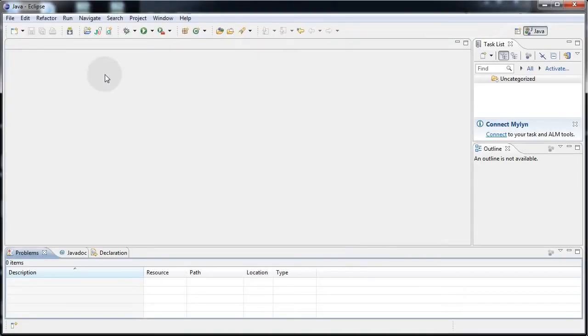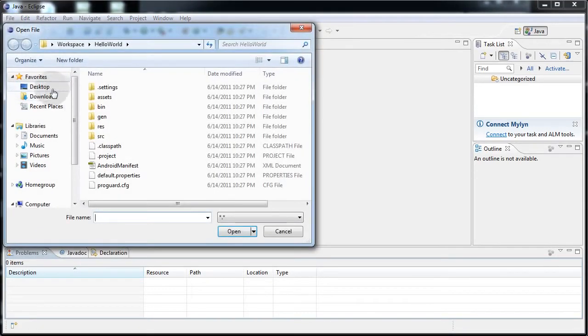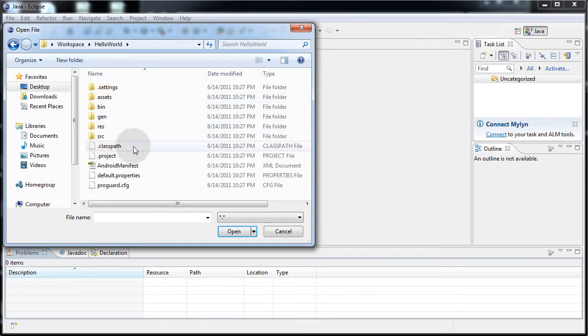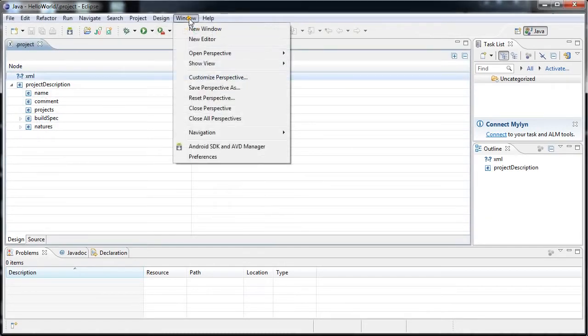Now at any point, if you happen to close Eclipse, or you close that little welcome tab by hitting the little X on that welcome screen, and you don't see your project behind it, you can just go to File, Open File, and go to your desktop where you had the workspace folder. You click Hello World, or whatever application you're creating, and the .project file is the one you want to open. And if you want to see the Project Explorer window on the left here, you can go to Window, Show View,